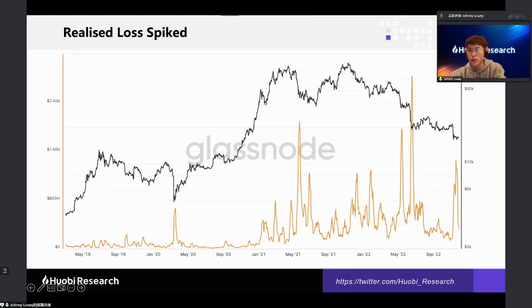So what we are seeing right now, we have a big capitulation here. When price dips lower at this level, we are actually seeing a lower realized loss, and that's actually a bullish case. But I would like to see the final capitulation signatured by a very small amount of realized loss. That's where I aim in, okay? So this is the bottom indicator. I would like to see the final capitulation with very little realized loss, and that's a confirmation of the bottom.